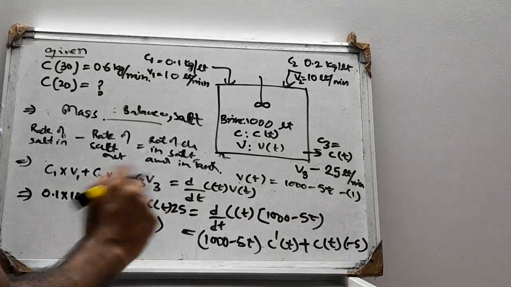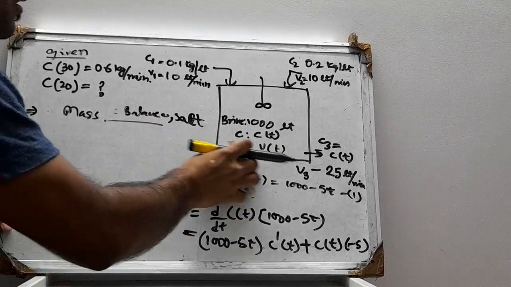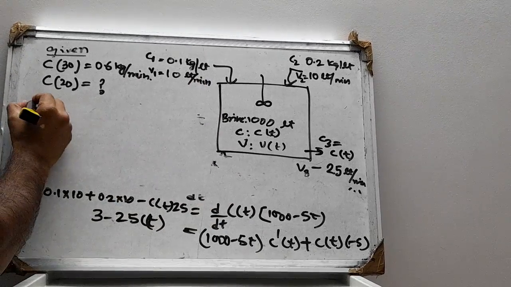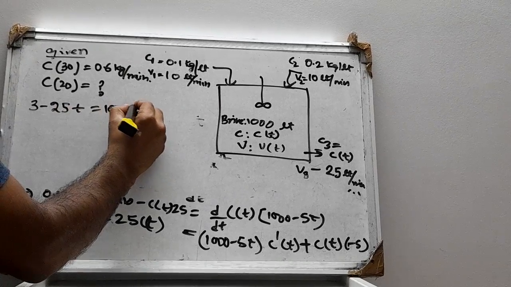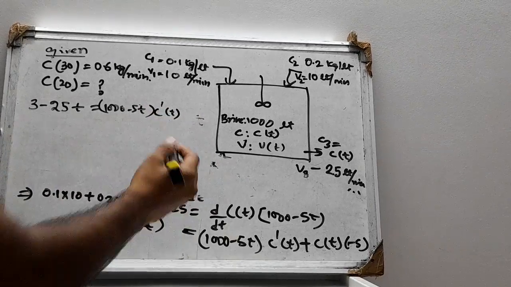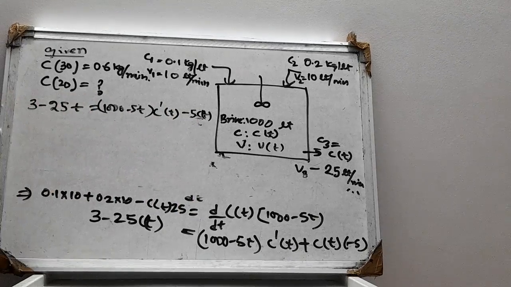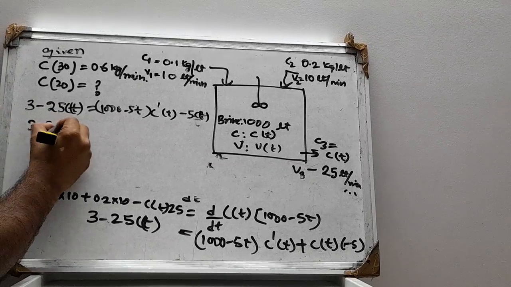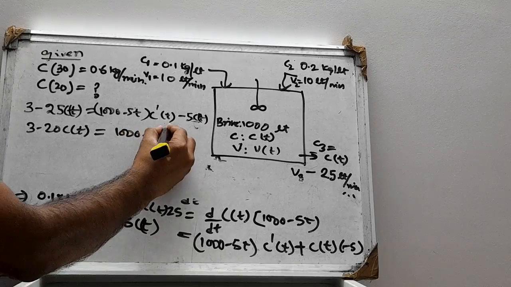So put this minus 5. What we are left with is 3 minus 25t is equal to 1000 minus 5t into C dash t. C dash t is basically dc by dt, minus 5 ct. Take this minus 5 ct here. This is ct, not t. Take this minus 5 here, then 3 minus 22 ct is equal to 1000 minus 5t into